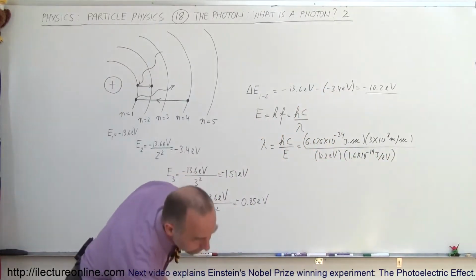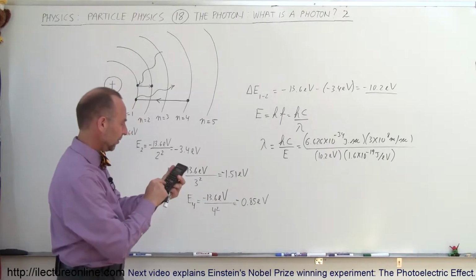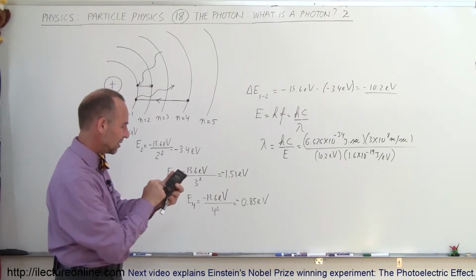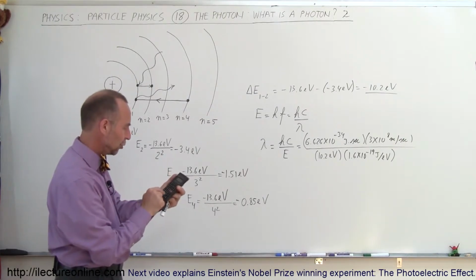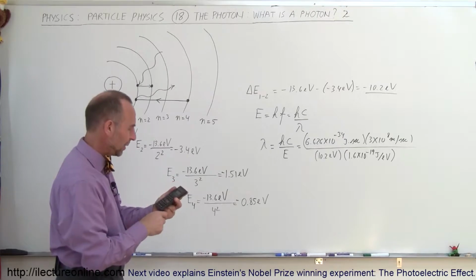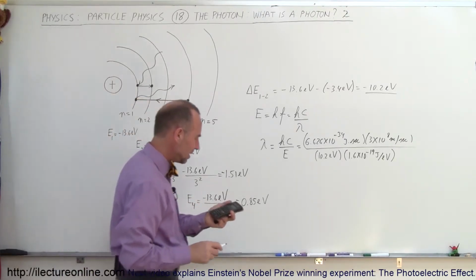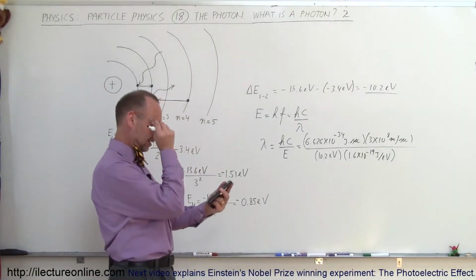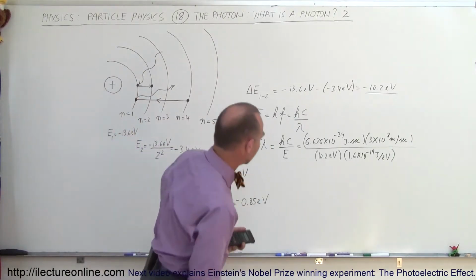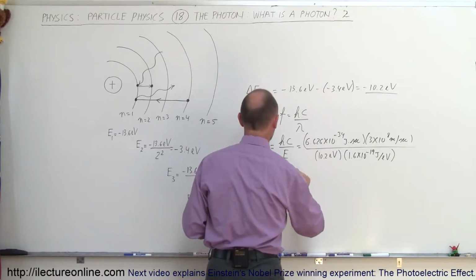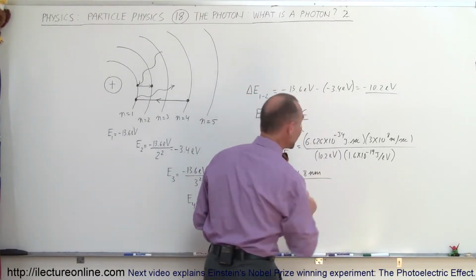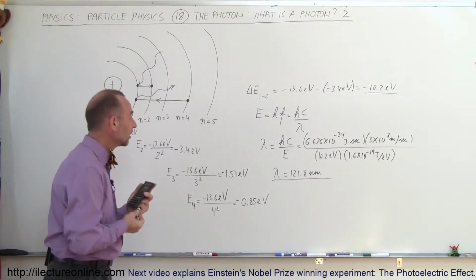All right. So 6.626 e to the minus 34 times 3 e to the 8, divided by 10.2 and divided by 1.6 e to the minus 19, and we get 121 point, wow, I need my glasses for that, 121.8. So the wavelength would be equal to 121.8 nanometers, which of course would be a photon of ultraviolet light